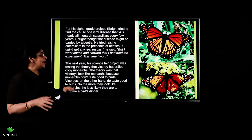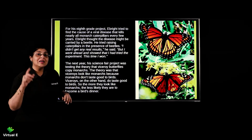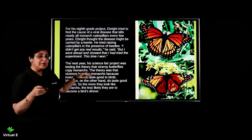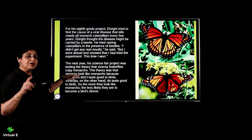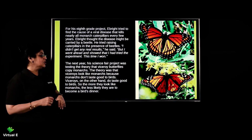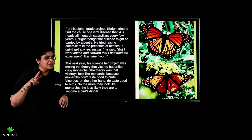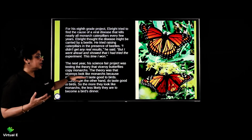So yeah, the next year his science fair project was testing the theory that viceroy butterflies copy monarchs. Now, there was another species of butterfly, which was the viceroy butterfly. The theory was that viceroys look like monarchs because monarchs don't taste good to birds. Now, what was the theory? Viceroys and monarchs used to look somewhat similar. There was not much difference, right? So the theory was